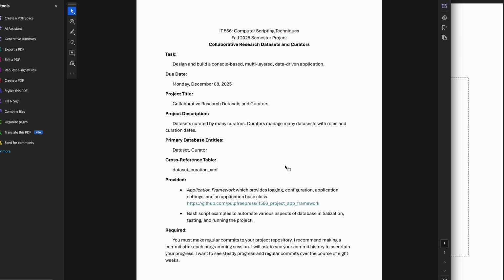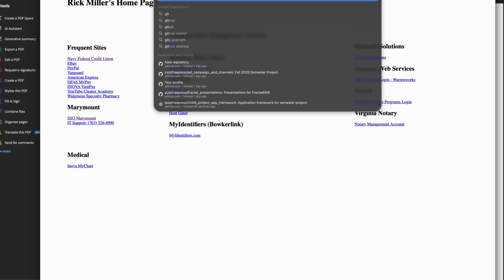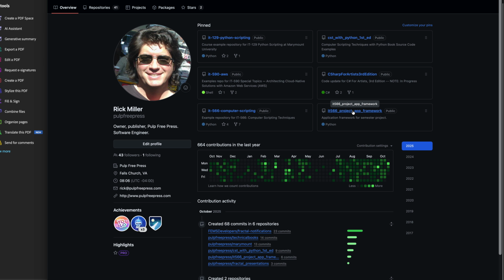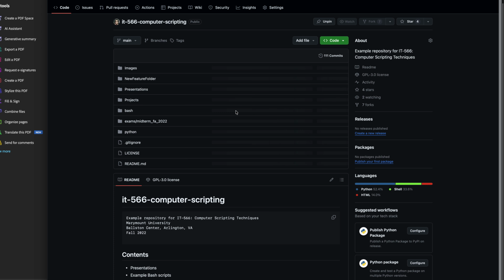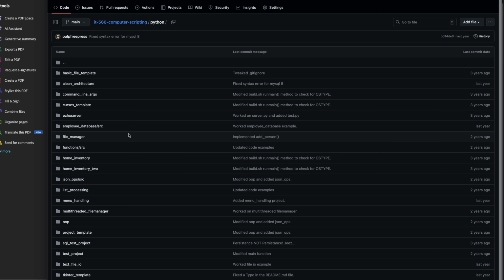You might say, well, where are these examples? So let me go back. I should not have closed that. So I'm going to go back to GitHub, Paul Free Press. So pick a repo. I would say go to the IT-566 computer scripting one, and there are others. Go to the Python folder, and then the best one, I think, is probably clean architecture